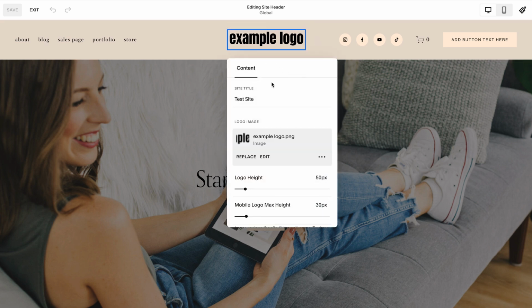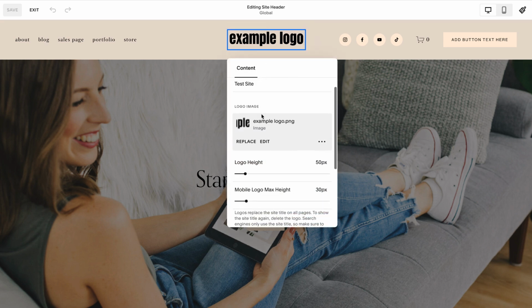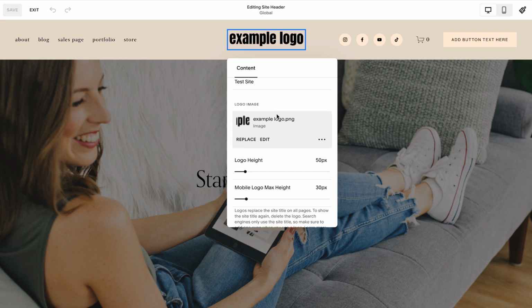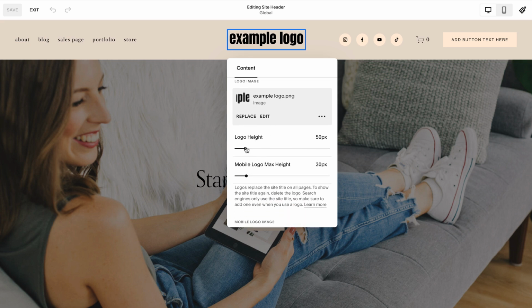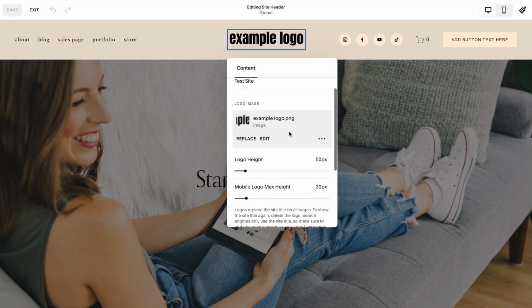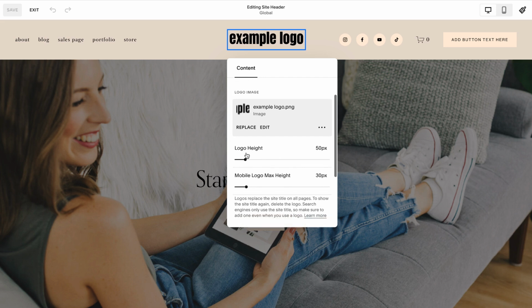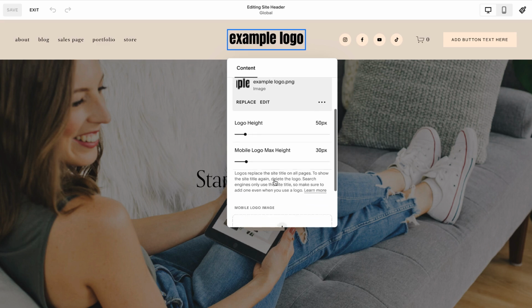You'll see first is your site title, and then below that is where you add your main logo image. So whatever logo you want to appear on desktop view. Under that, you have the ability to adjust the height of that desktop logo, and you also have the ability to adjust the height of your mobile logo. This is where you'll adjust the height whether you keep the same logo as desktop or whether you add a new one for mobile. And to add a new one for mobile, just scroll all the way to the bottom